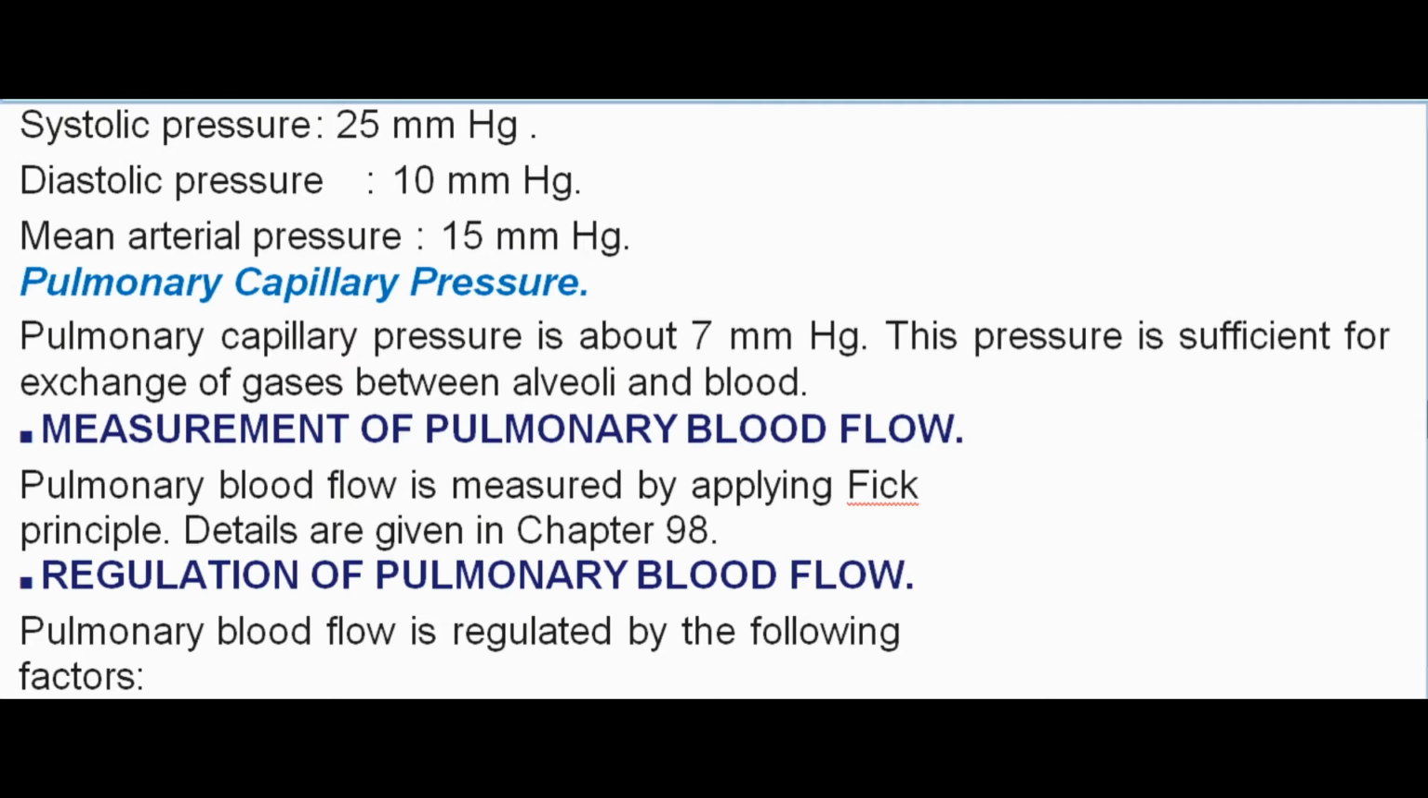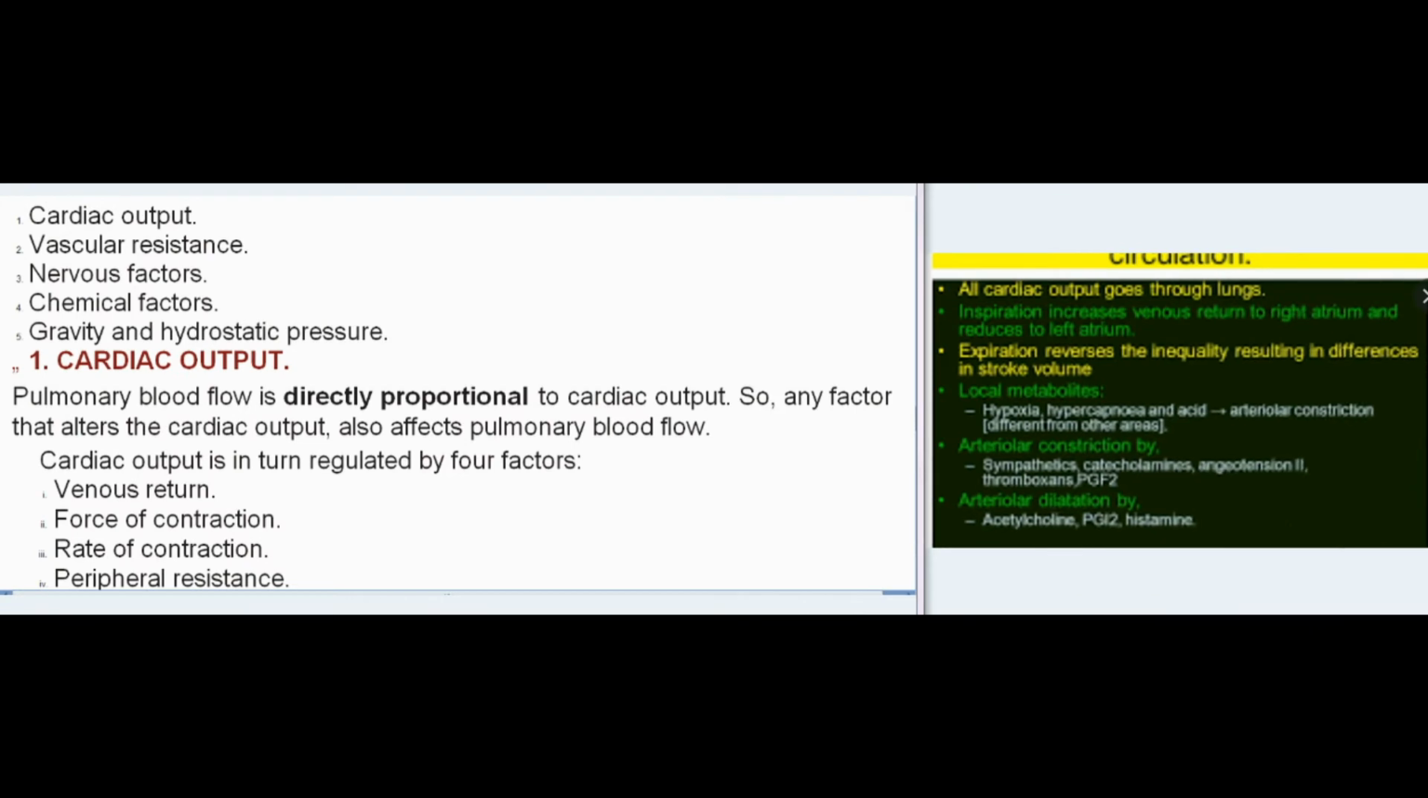Measurement of pulmonary blood flow. Pulmonary blood flow is measured by applying the Fick principle. Details are given in Chapter 98. Regulation of pulmonary blood flow. Pulmonary blood flow is regulated by the following factors: cardiac output, vascular resistance, nervous factors, chemical factors, gravity and hydrostatic